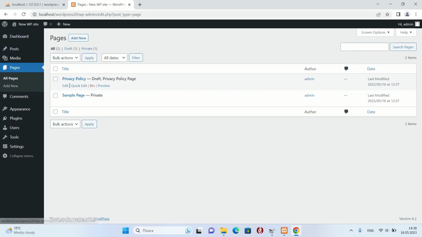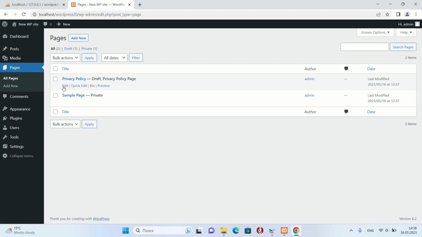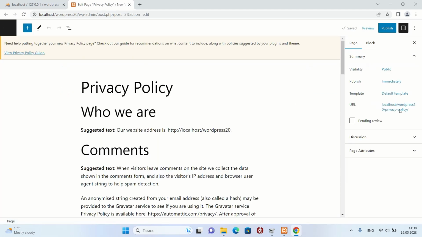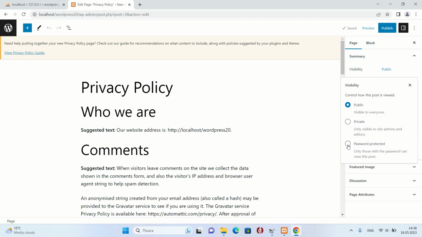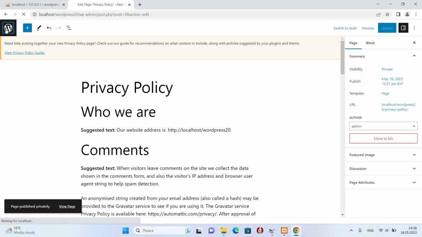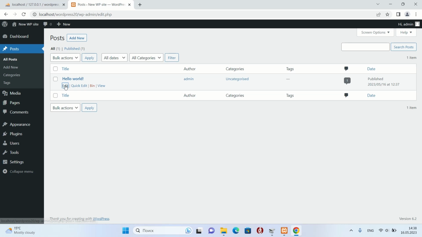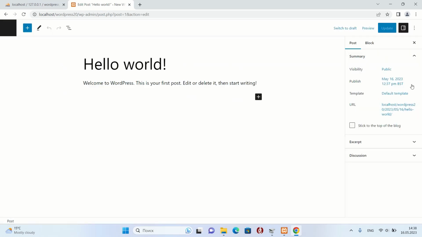I disable all default pages, demo pages, and then I create my own pages. I will also disable all user posts and comments.